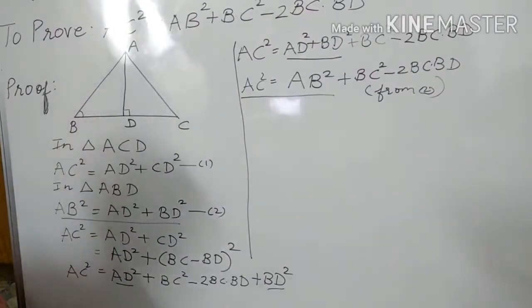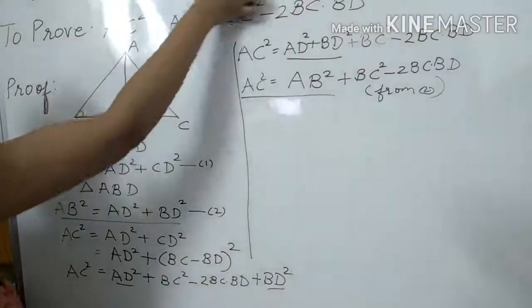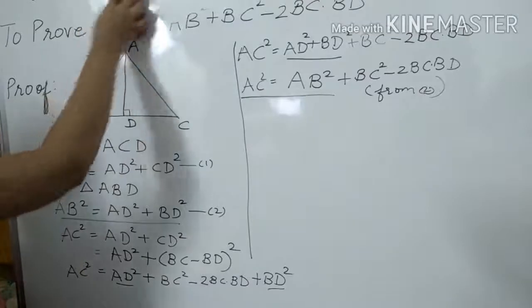Now moving on to the next question, question number 10. In a quadrilateral ABCD, angle B is equal to 90 degrees and AD square is equal to AB square plus BC square plus CD square. This is all given, students. I am reading the question, you pay attention in your textbook, and prove that angle ACD is equal to 90 degrees. So here we start with our question number 10. I will not remove this given and to prove part. We will rewrite it.